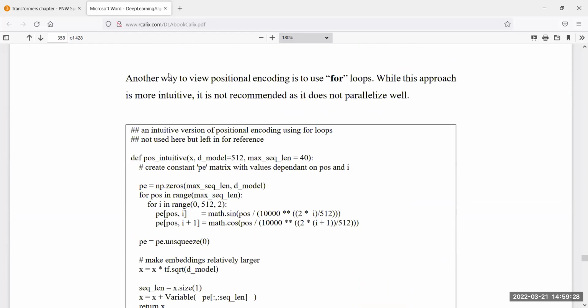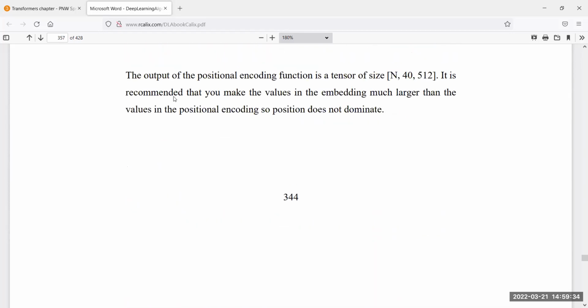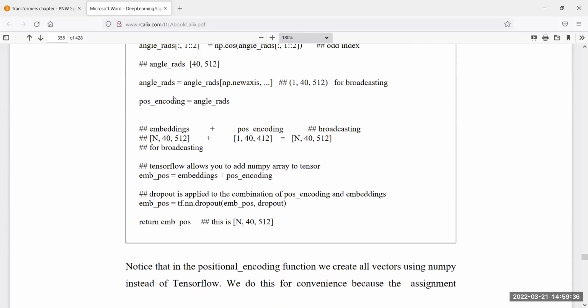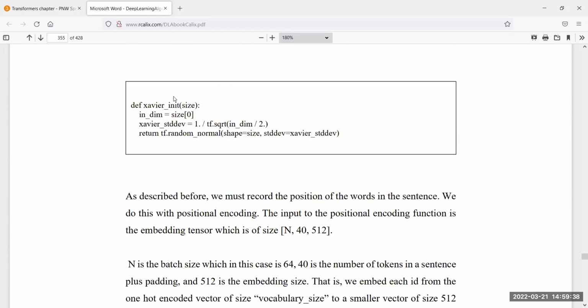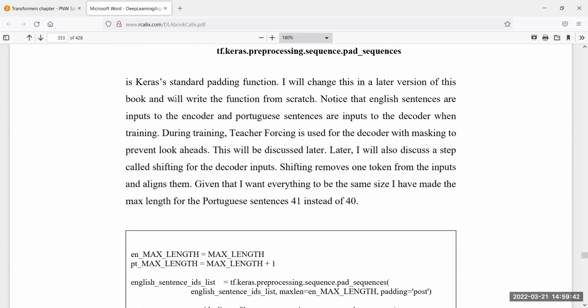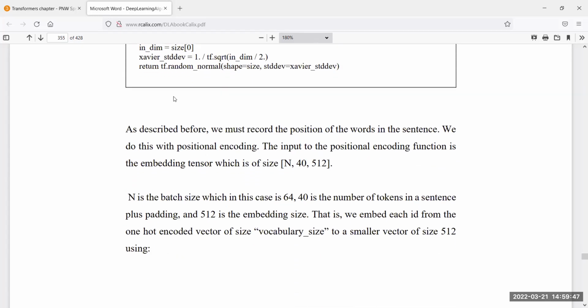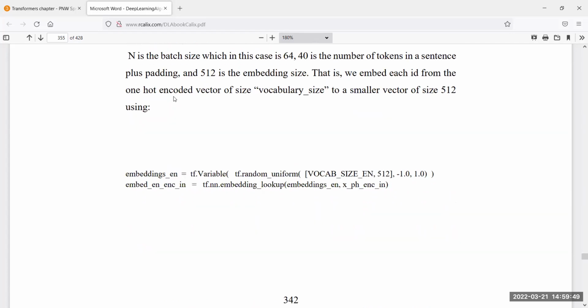And then here is the architecture of the transformer model itself. Should be, yeah, so I think this is still the processing. So then the encoder should begin